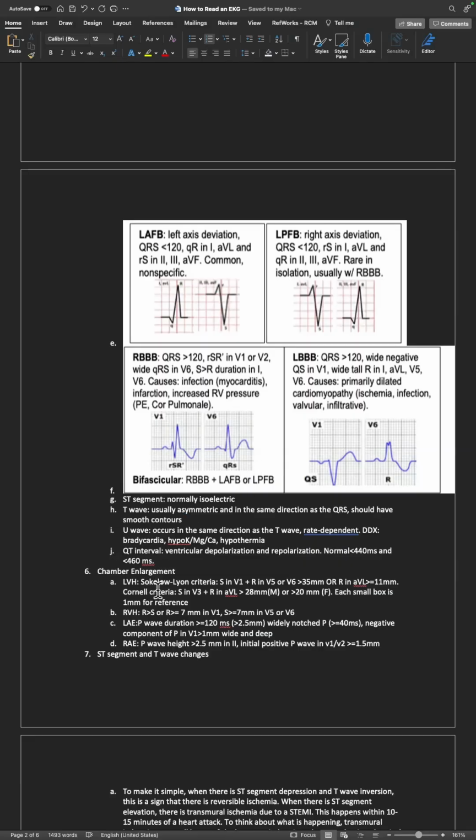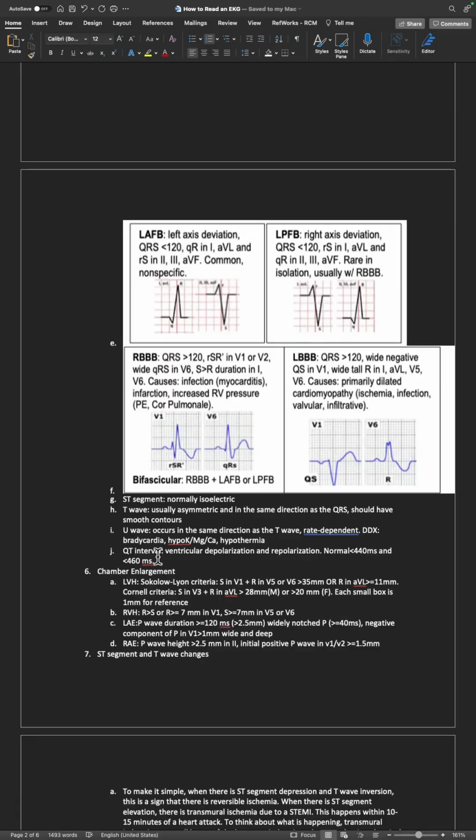Then we have right ventricular hypertrophy, in which the R is greater than the S wave, or R is greater than or equal to 7 millimeters in V1, and the S is greater than or equal to 7 millimeters in V5 or V6. Basically, in the leads that are